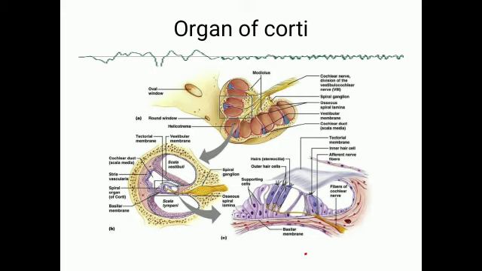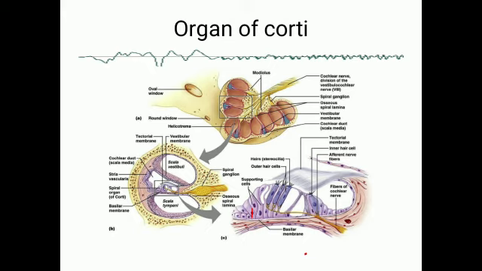And you also can see the supporting cells here, the pink color, the supporting cells surrounding the outer hair cells and the inner hair cells. If you see the hair cell, the tip of the hair cell, so this is the base of the hair cells and this is the tip of the hair cells. From the tip of the hair cells, you can see numerous hair-like structures called stereocilia arising both in the outer hair cells and in the inner hair cells.